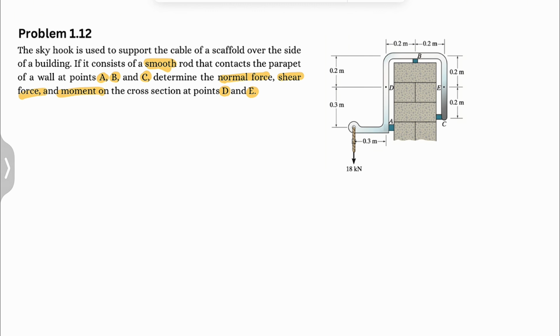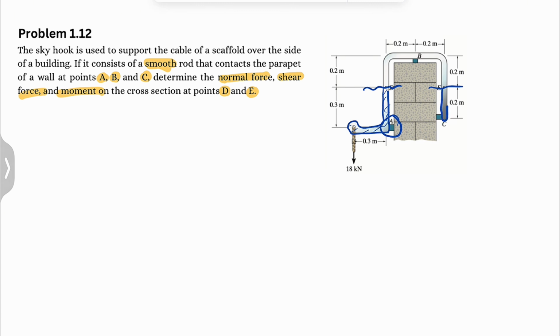So basically, again, another question for internal loadings, but as we discussed, what we need to do in here is that at the end, we're going to cut this structure or frame at points D and E. And once we cut that, we can go with the free body diagram of the simplest section that we have. For example, if we do our cut at point D, this will be the easier section for us. But the problem with this is that we have the reaction at A missing,